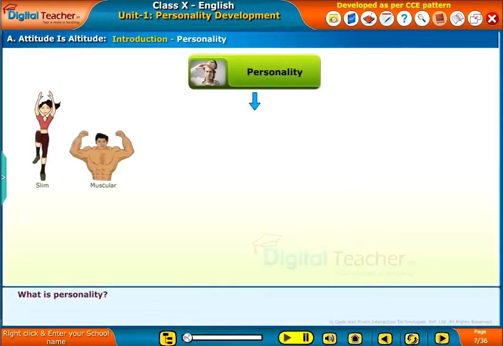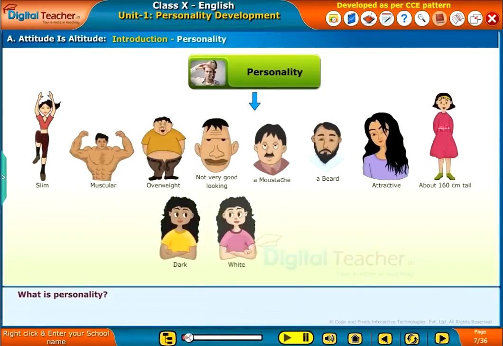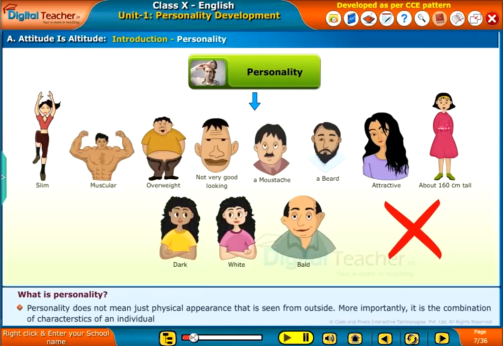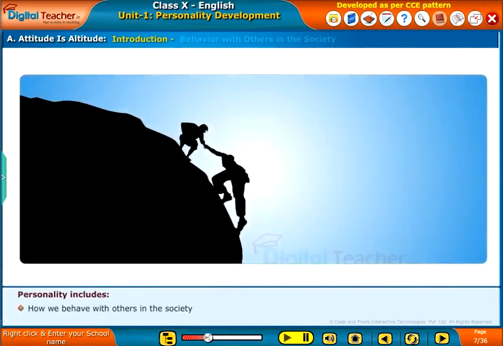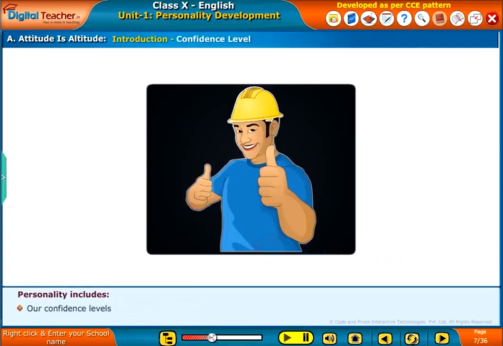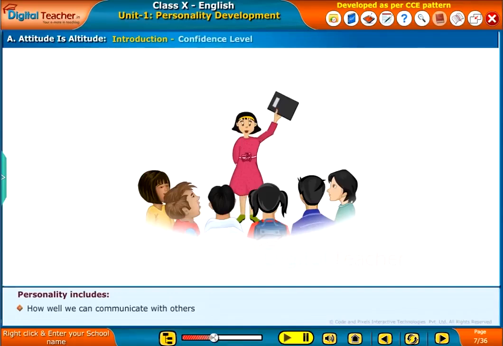What is personality? Personality does not mean just physical appearance that is seen from outside. More importantly, it is the combination of characteristics of an individual. Personality includes our way of thinking, how we behave with others in the society, our confidence levels, how well we can communicate with others,